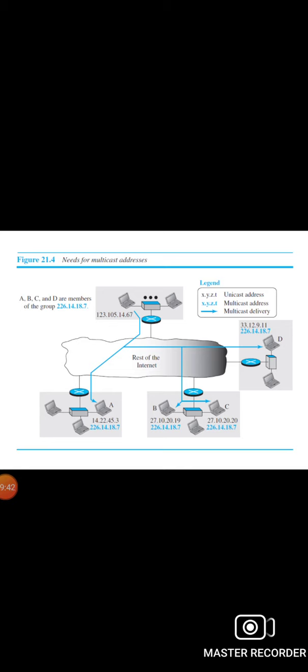And the next strategy, reverse path forwarding, corrects this defect. Reverse path forwarding is a modified flooding strategy. To prevent loops, only one copy is forwarded and the other copies are dropped. In RPF, a router forwards only the copy that has traveled the shortest path from the source to the router. To find this copy, RPF uses the unicast routing table. The router receives a packet and extracts the source address, and it consults its unicast routing table as though it wants to send a packet to the source address. The routing table tells the router the